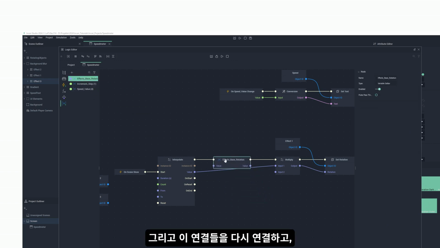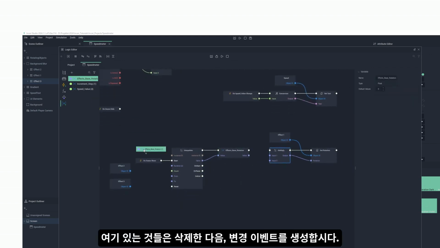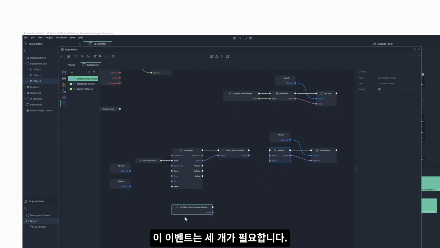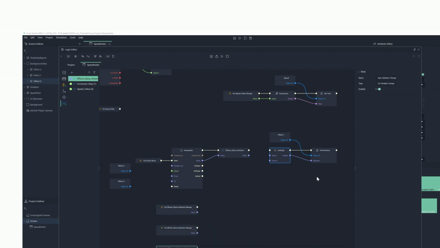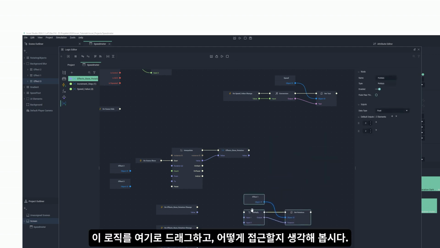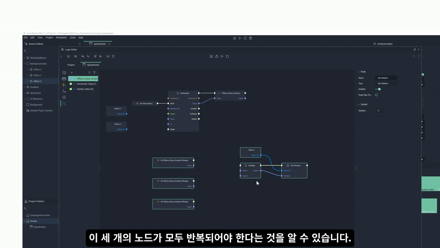And let's reconnect these connections, delete these ones here. Then create our onChange event, which we will need 3 of. So let's select the node and press Ctrl D twice to duplicate it. Now if we drag this logic over here and think about how we will approach this, you can see that